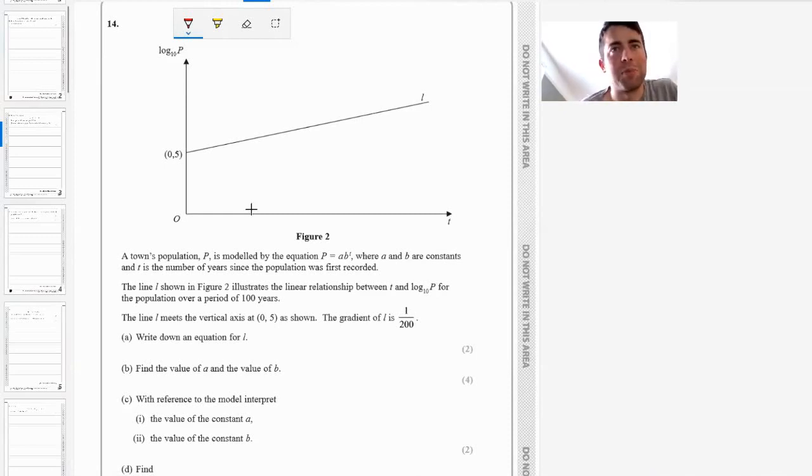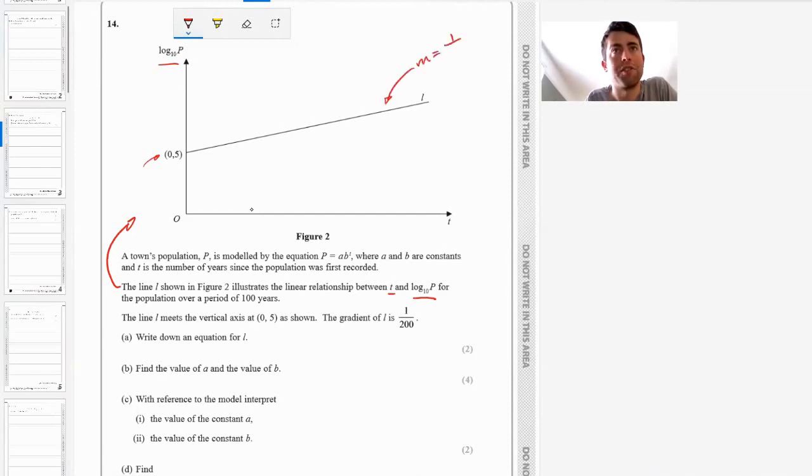A town's population is modelled by an equation. It's exponential, where A and B are constants and T is the number of years. Okay, fair. We've got the line L, which illustrates a linear relationship between T and log to the base 10 of P. I'm already thinking what chapter this is. There's a chapter on exponentials in the textbook that does this sort of thing. If we've got an exponential but we plot it on a log scale, then it's going to be a straight line. Over a period of 100 years, the line L meets the vertical axis there,